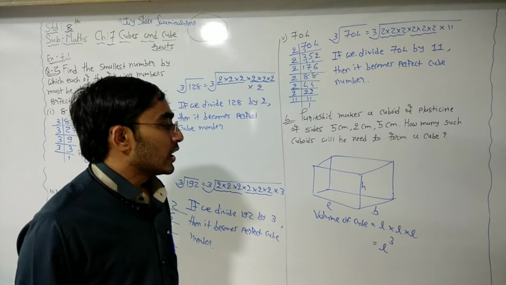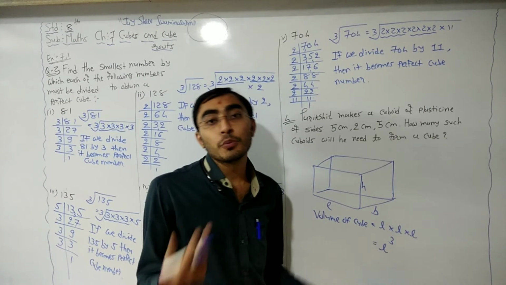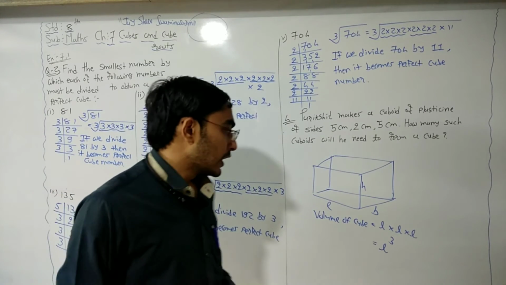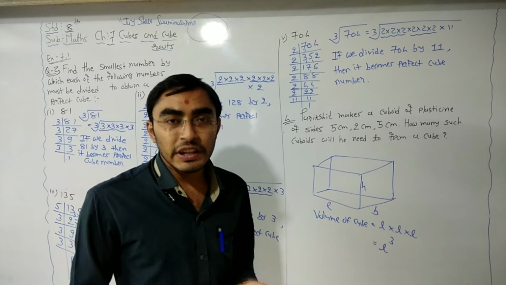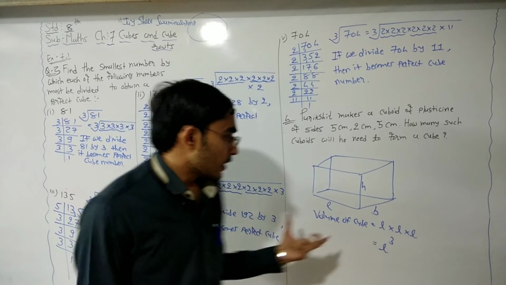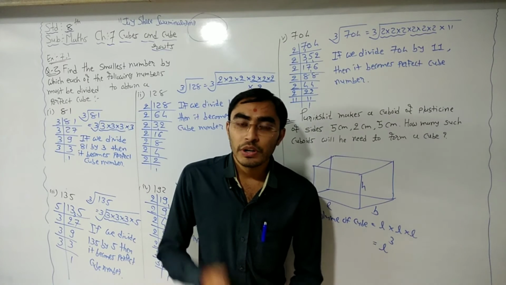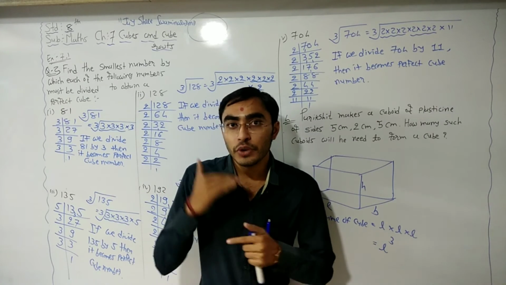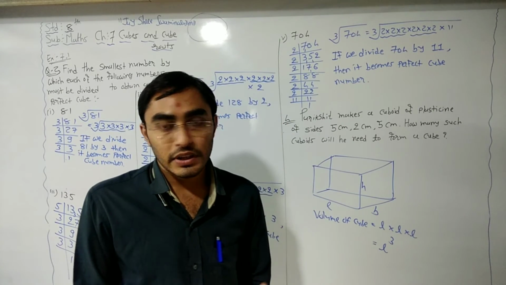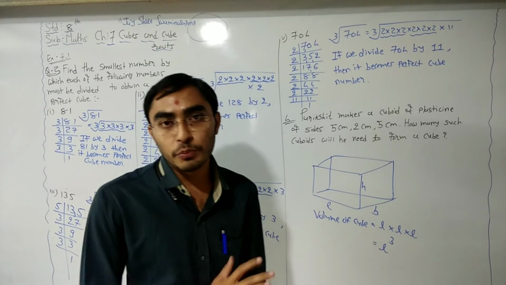Now if we want to make a cube, we want a perfect cube number, so that we exactly get the length, breadth and height. The volume of a cube must be a perfect cube number, so we can divide it into L, B and H as equal numbers. Here we want the same length, breadth and height. That's why we want a perfect cube number as the answer for the volume of a cube.